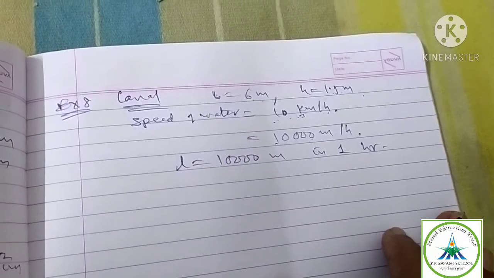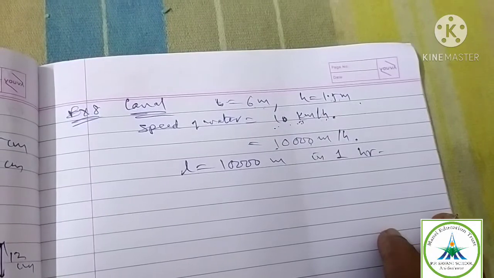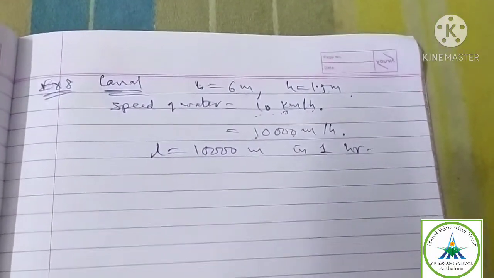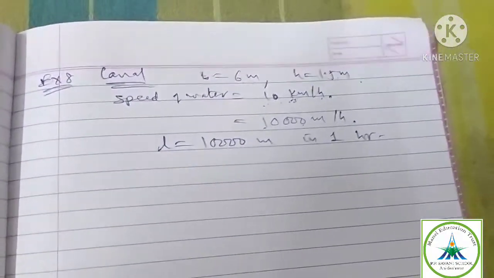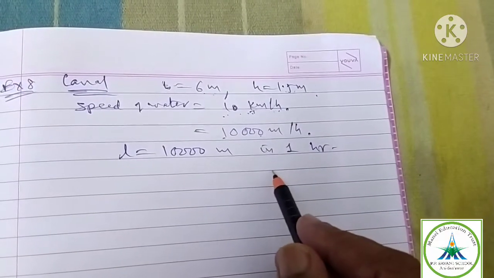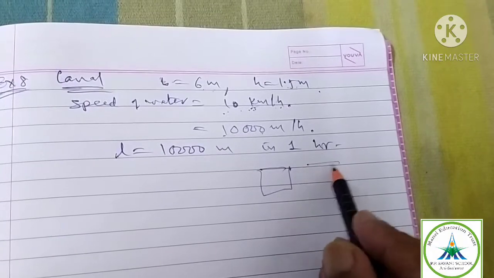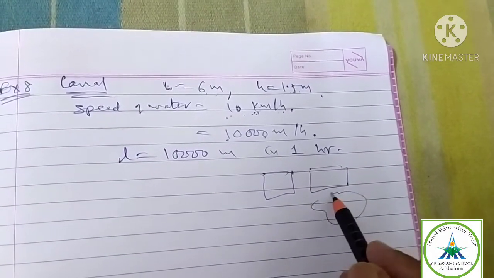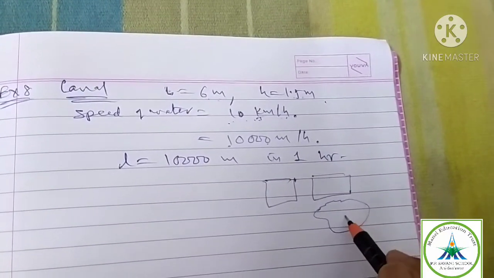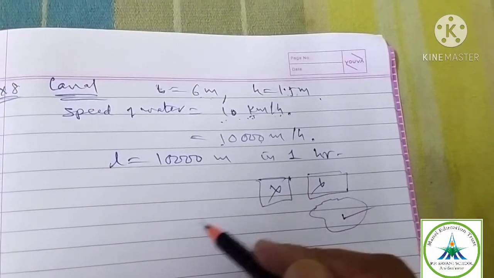How much area will it irrigate in 30 minutes, if 8 centimeter of standing water is needed? Now students, look here. From this canal, water is going to the field. We don't know what the shape is. The shape of the water going to the field may be a cube, square, maybe rectangle, maybe irregular, but when water is going to the field, that shape is always irregular. It is neither a cube nor a square.